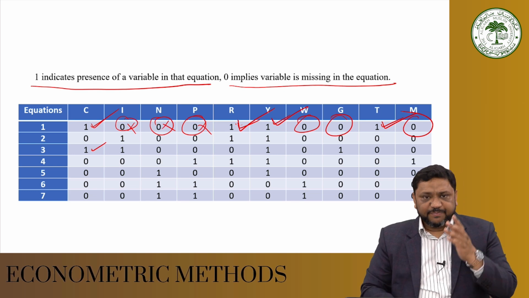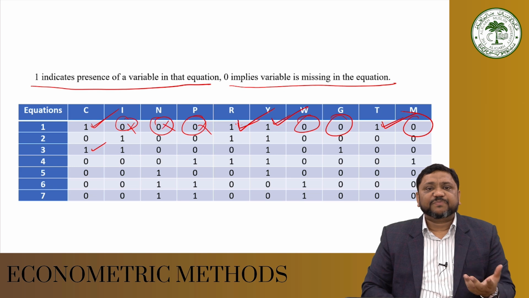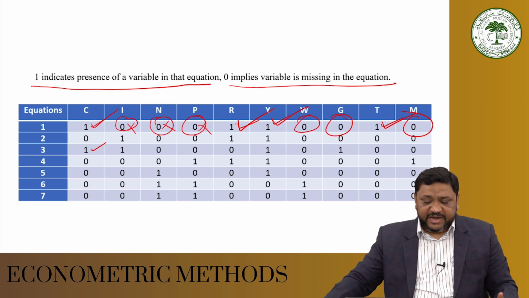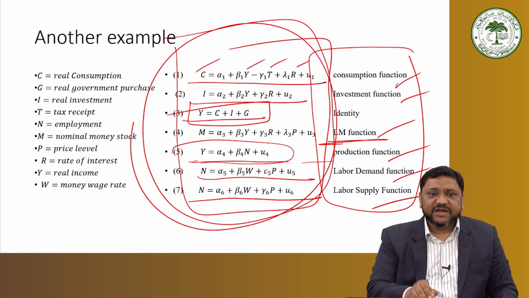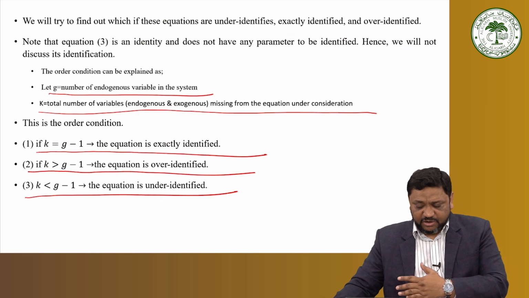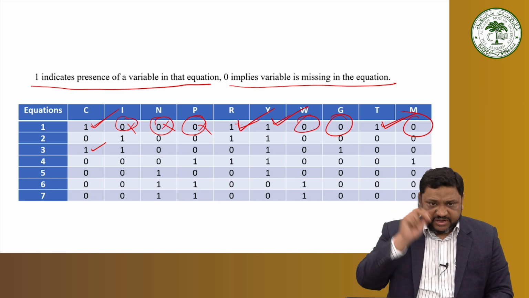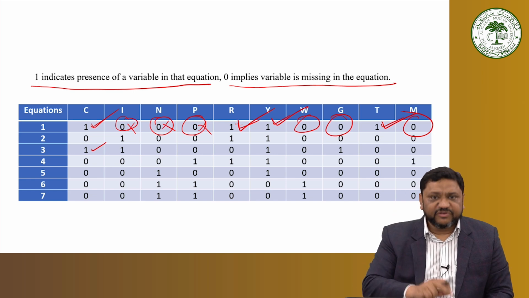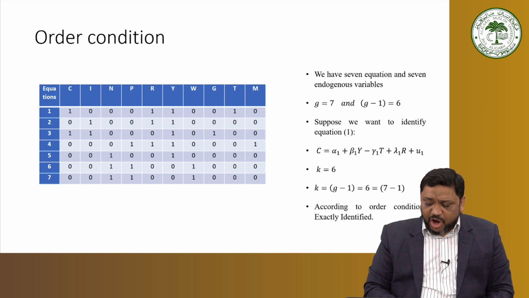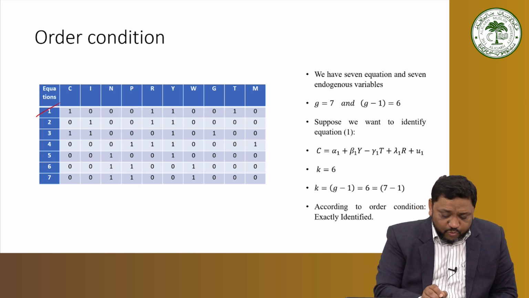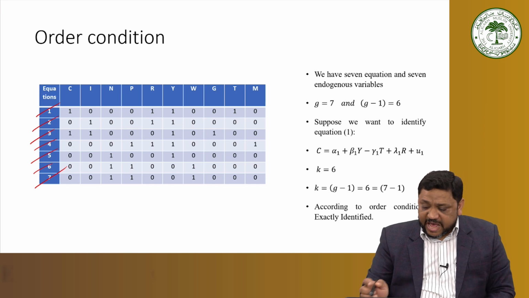So the terms which are present are marked with the letter 1, and the terms which are not present are marked with 0. The entire system of equations, this exact model, is written over here in the same format: 1 if it is present in that particular equation, 0 if it is not present. Now in the order condition, we see there are 1, 2, 3, 4, 5, 6 and 7 equations and